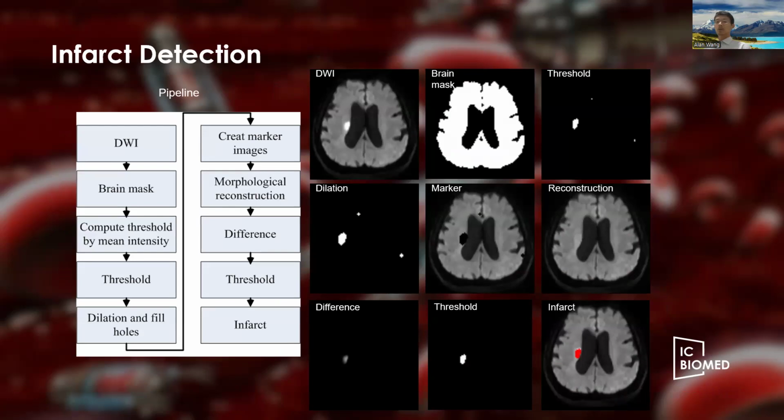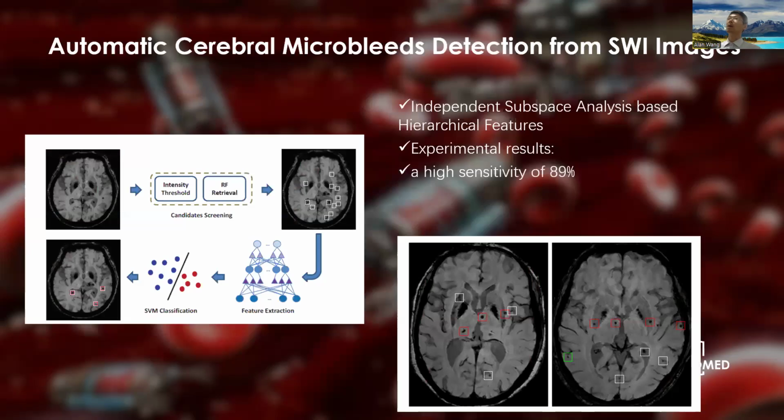Regarding the neuroimaging data analysis, segmentation is often involved, which could be from a single modality, for example, diffusion-weighted imaging data. This is a pipeline to perform automatic lesion segmentation, followed by the quantification of the lesion. The lesion could be a stroke lesion, or another lesion, for example, a brain tumor. Sometimes the lesion is quite big, as shown in the previous slide. Sometimes the lesion could be quite small and quite distributed in different locations of the brain.